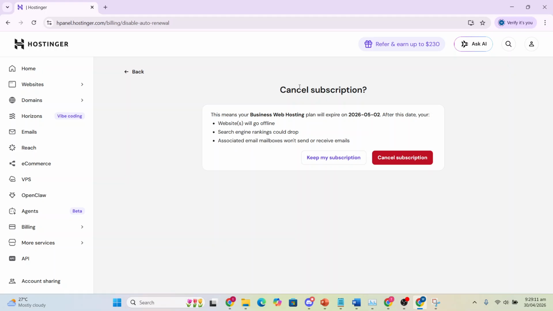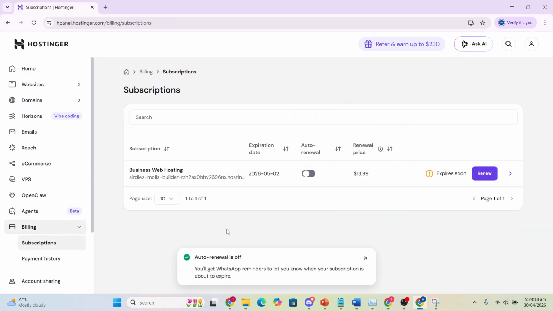It will give you this pop-up saying if you want to cancel the subscription. So I'll click here on cancel subscription, and then you'll get a pop-up notification that auto renewal is off. So they will not charge us again, but if you want to actually cancel the plan and get your refund,